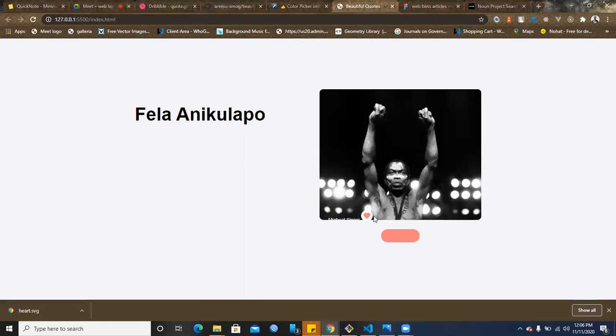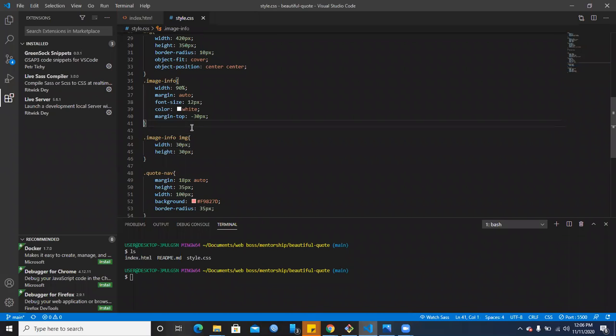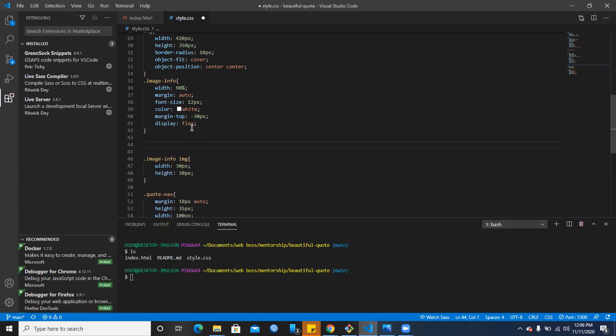Good. But now it is left aligned. Both are left aligned, and this icon is also aligned to the base of the text. This icon is supposed to be at the center. So that's what I'm going to do. I'll say image info, display equals flex. Like I told you, flex is the best thing since sliced bread. So I'll say dot image info, dot image info